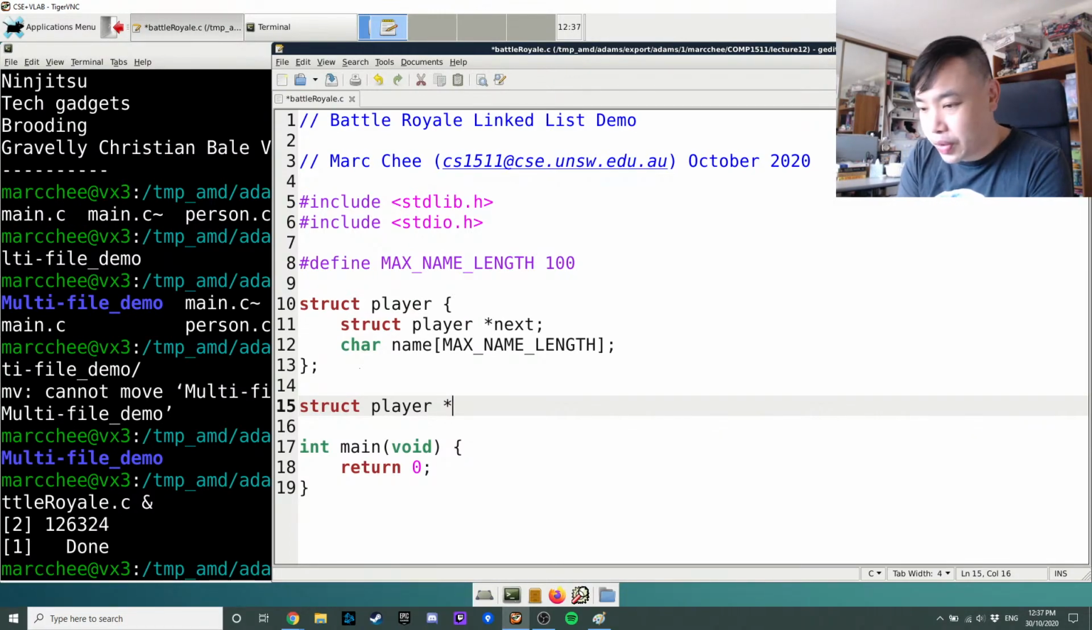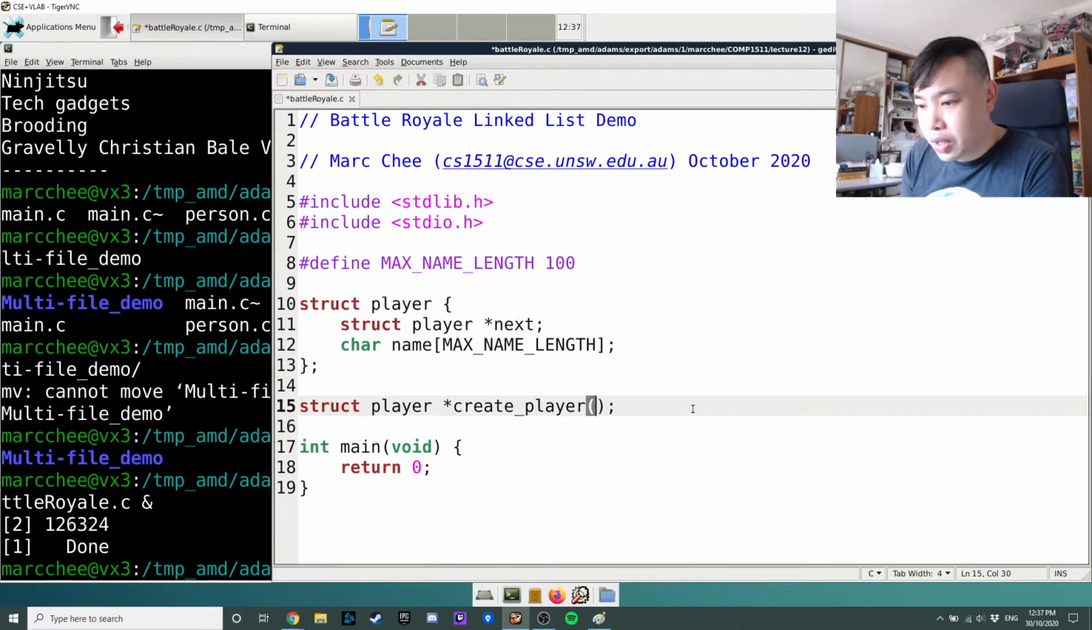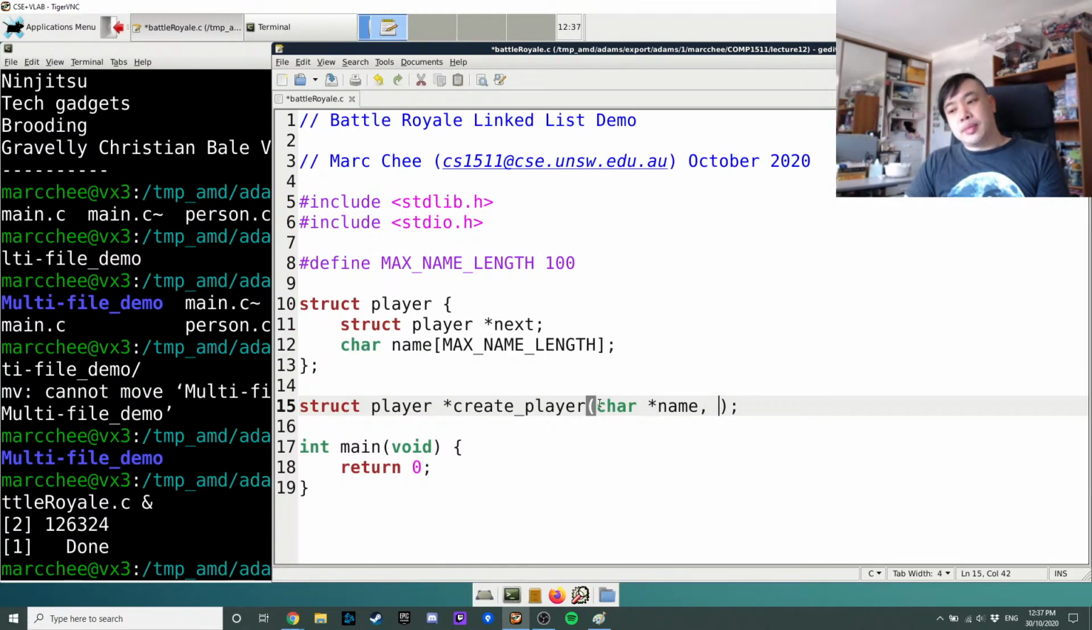So here's my type for the function, and then the name of the function is going to be create player. The information that's going to go in is whatever information is needed to fill out this struct. So we might have its name. I'm going to go with the pointer